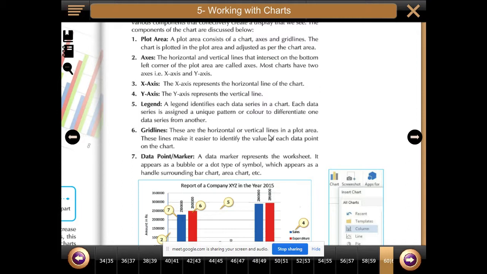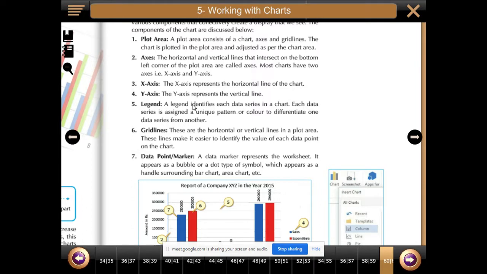Now what is axis? The axis is the horizontal and vertical lines that intersect on the bottom left corner.